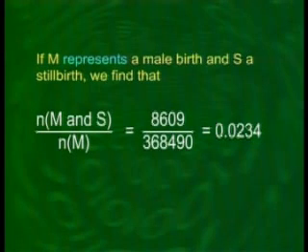And the babies who were stillborn among these 3,68,490 were 8,609. So, the probability of stillbirth, given that it is a male baby, is equal to 8609 over 368,490, and that is equal to